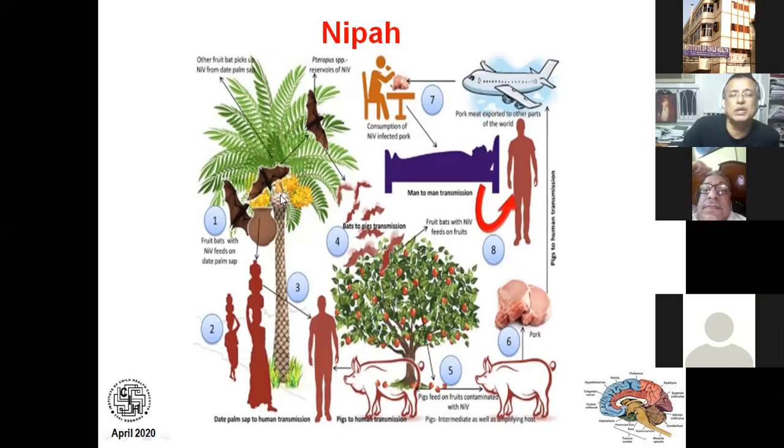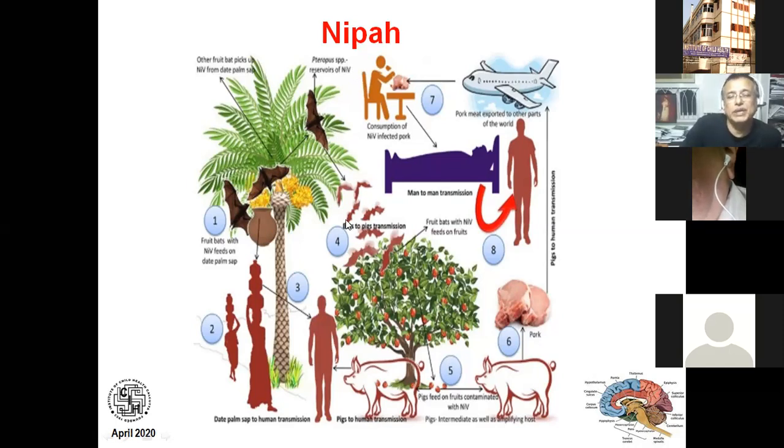earthen pots to the date palm plants in the evening so that the whole night the nectar or juice accumulates, and they consume the juice raw the next morning. During the night, nocturnal bats come and take this juice and infect it with their saliva. And when this saliva-infected date palm juice is consumed by human beings, they develop Nipah virus disease. There is also a second mode of spread.